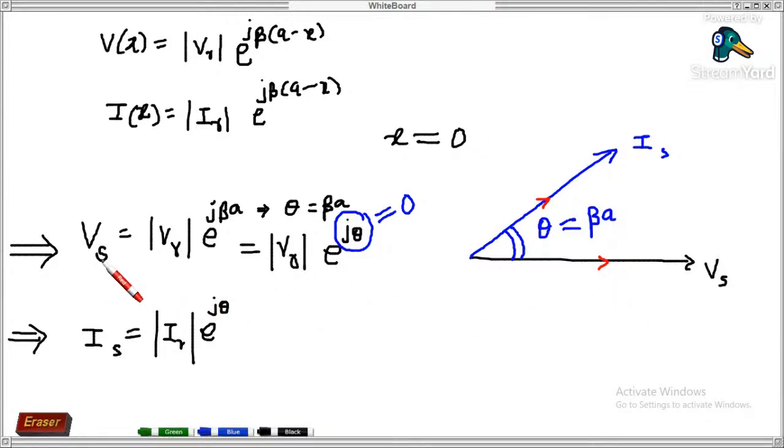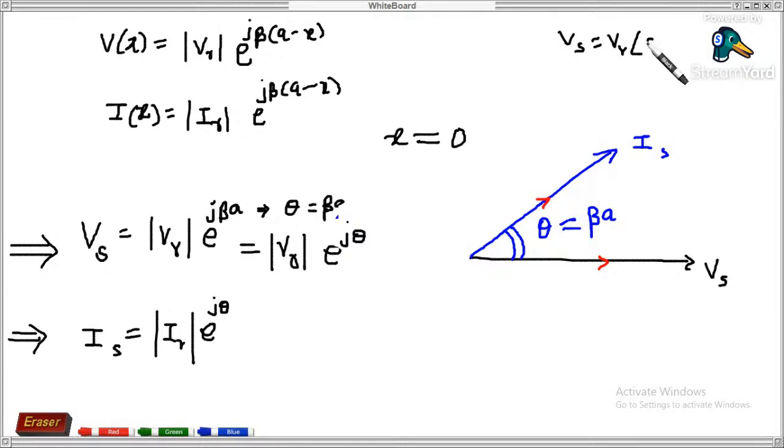See, when I put x equal to 0, what is my equation for Vs? VR e raised to j theta. ठीक है? Or even this can be written as Vs is equal to VR at an angle theta. Fine. Now what if I put here x equal to a